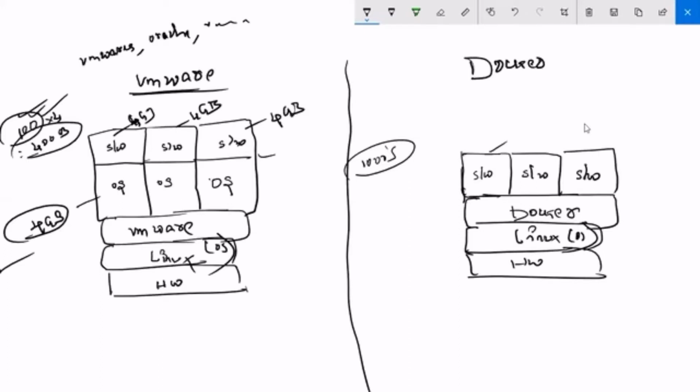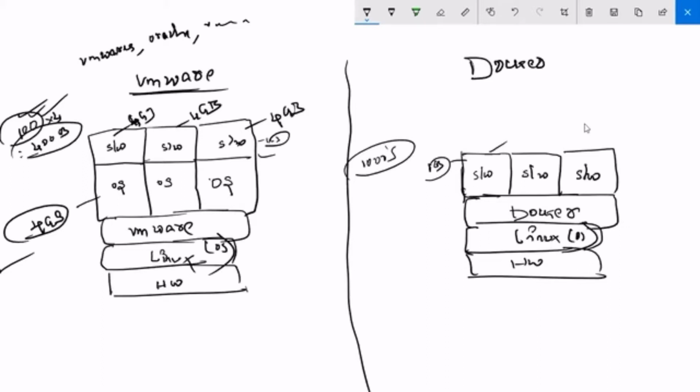For example, you have allocated 4 GB and you are using only 1 GB. The remaining 3 GB is wasted. You are not using it and you are not letting others use it on your machine. So you need to have good RAM on your base machine. But here, if you are using 1 GB, it will take only 1 GB. That's it. There is no pre-allocation of RAM here.